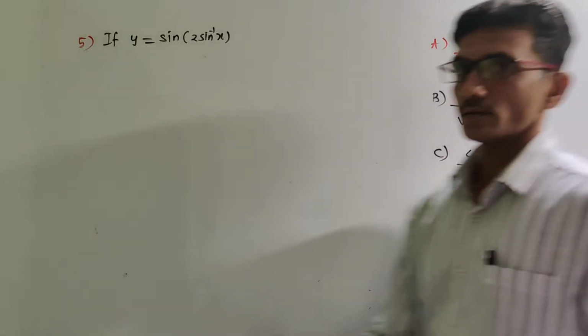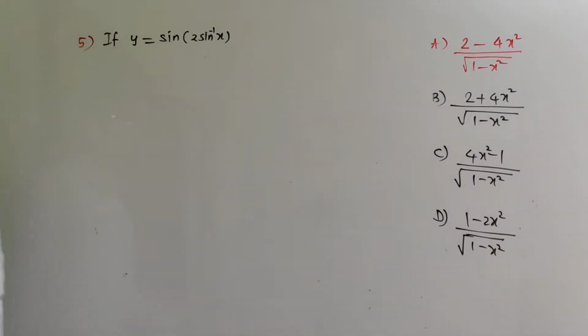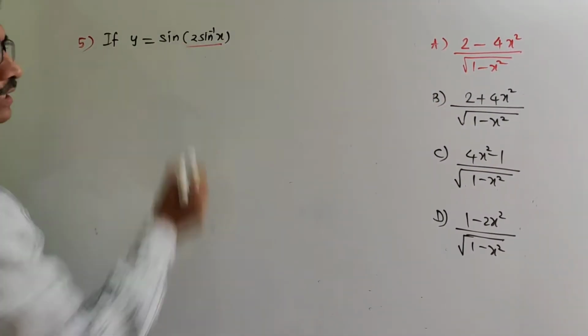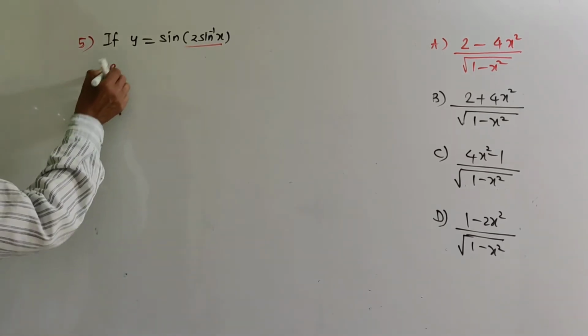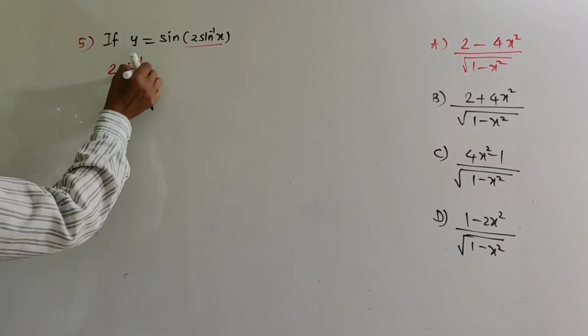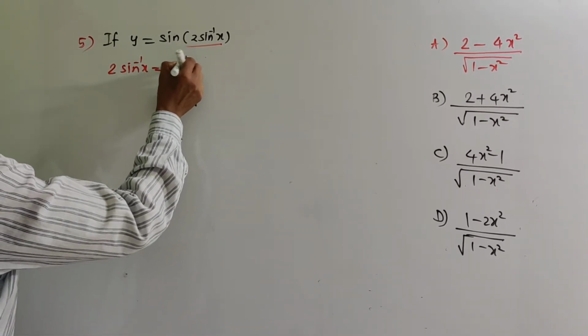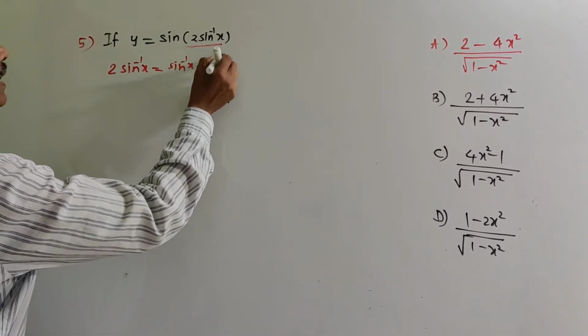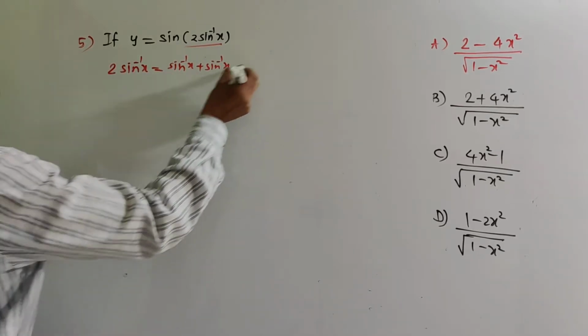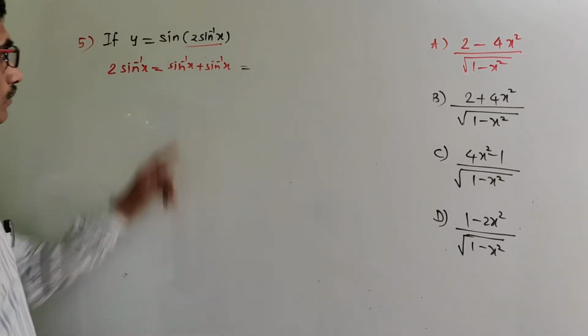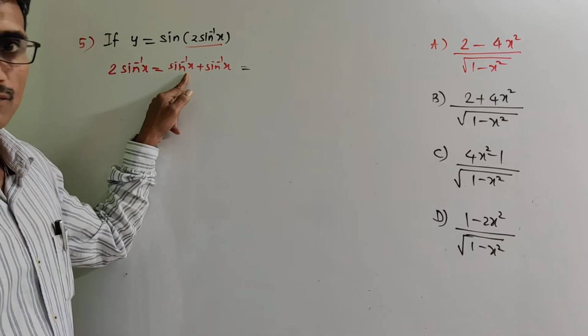Fifth question: sine of 2 sine inverse of x. So look at this 2 sine inverse x. We can express 2 sine inverse x as sine inverse x plus sine inverse x, and applying the formula, it is equal to sine inverse of x root of 1 minus y square